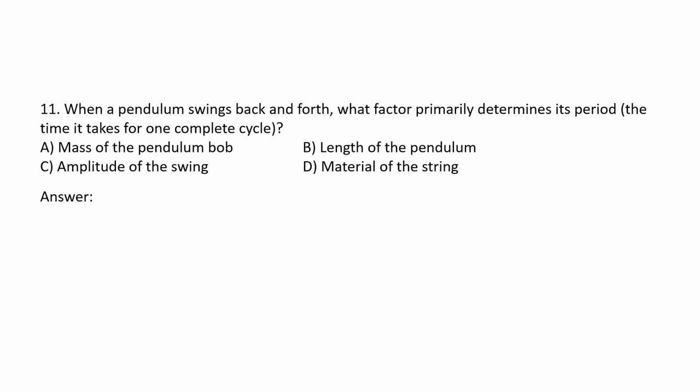When a pendulum swings back and forth, what factor primarily determines its period, which is the time it takes for one complete cycle? Letter A, mass of the pendulum bob. Letter B, length of the pendulum. Letter C, amplitude of the swing. And letter D, material of the string. The answer is: